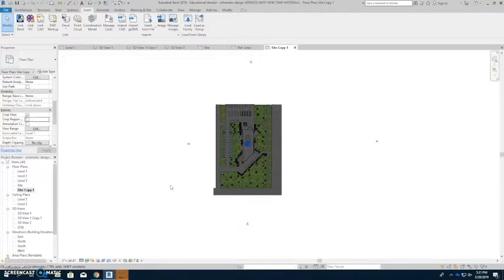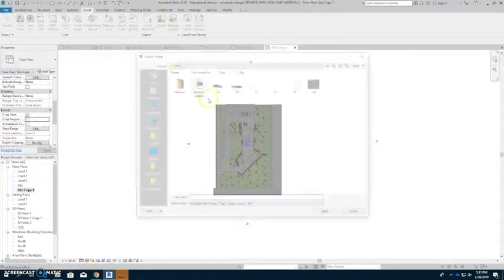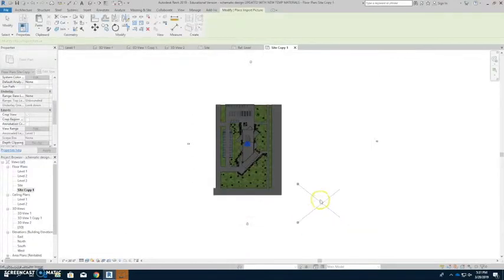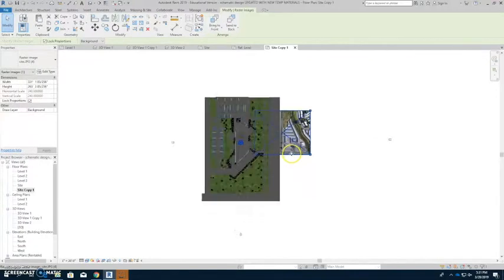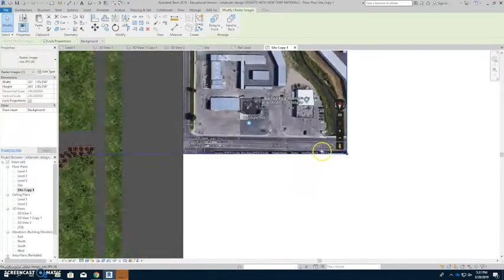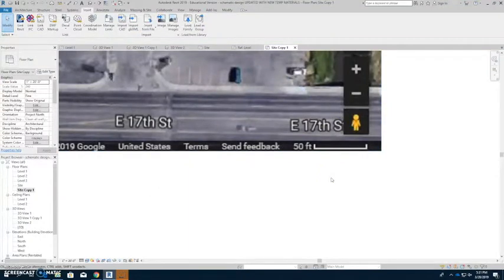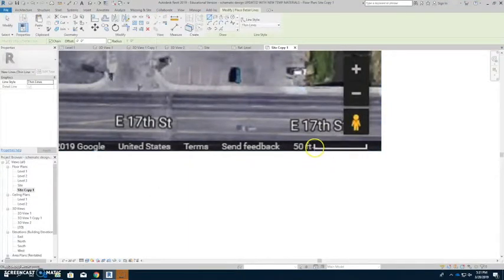Hi, welcome back. In this tutorial I'm going to show you how to scale the site image to your building. So import the screenshot of the site that you have and place it wherever you want. And you notice I got the 50-foot scale in there so it would be a lot easier to scale the